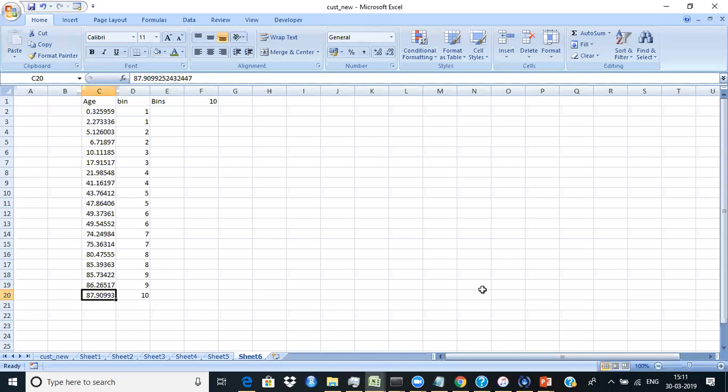No, not randomly, right? There are 19 observations. Okay, so I'll make it 20 to make the calculation easy. It's not randomly, right? So what I did was